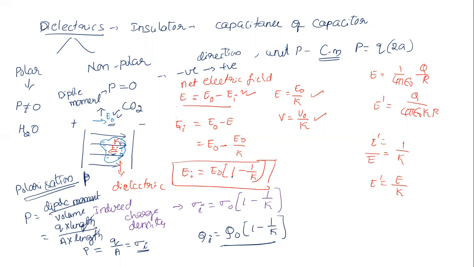How can we calculate it? It depends on the electric field. It is given by the same formula, 1 by 4 pi epsilon naught multiplied by Q by R square. Use this formula and you can find the dielectric strength. It is the maximum strength of a given dielectric. Beyond that, the dielectric behaves like a conductor; there is no dielectric, it is completely a conductor. This is the concept of dielectric. I hope it is clear to all of you.